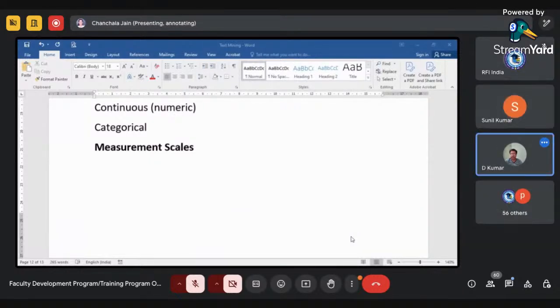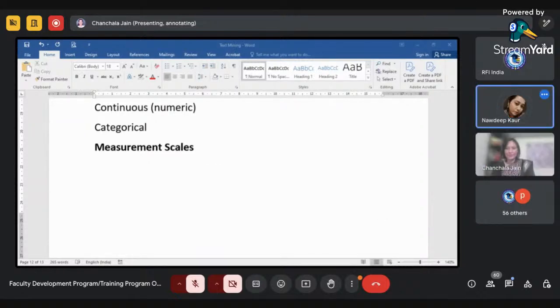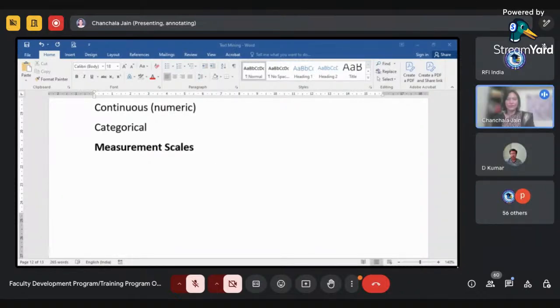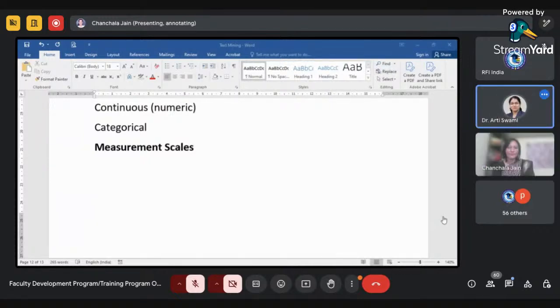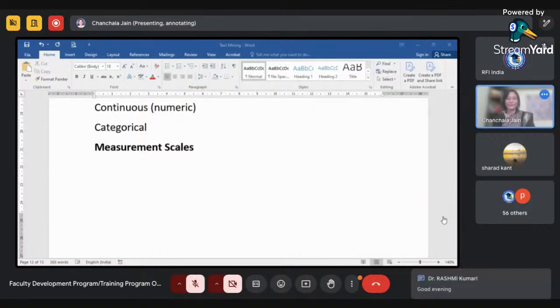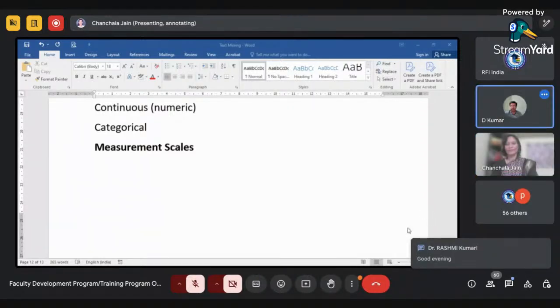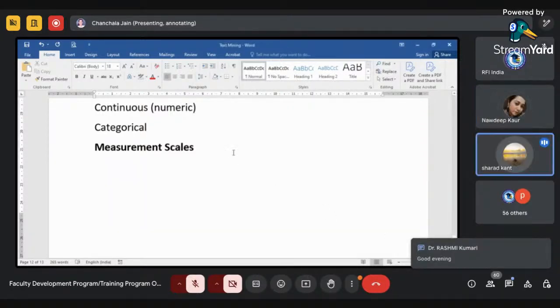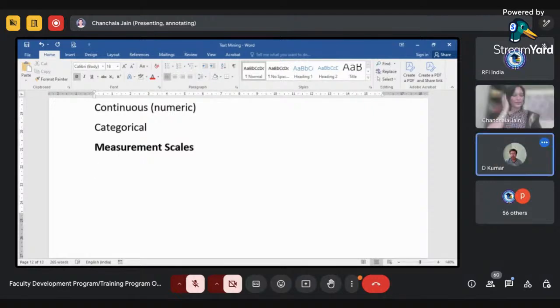Ordinal scale. Likert. Yes. You people are very correct, going in the right direction. Ordinal is good. Yes, correct. Nominal, ordinal, interval, ratio. Fine.